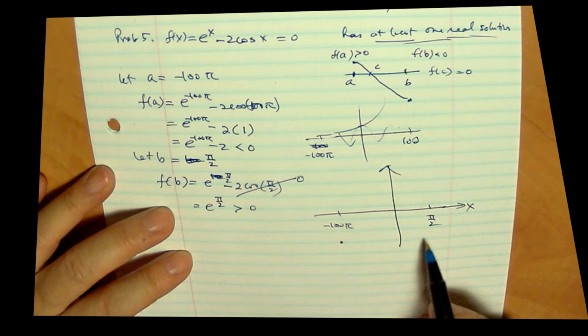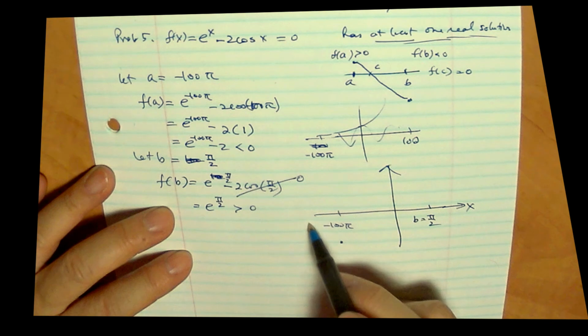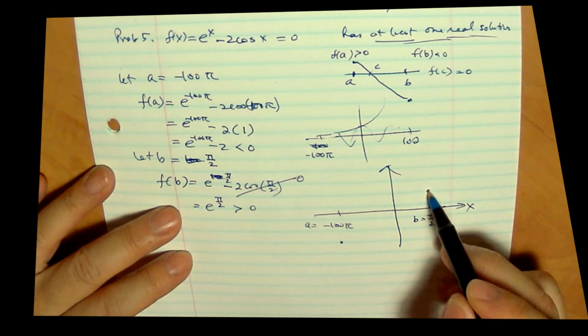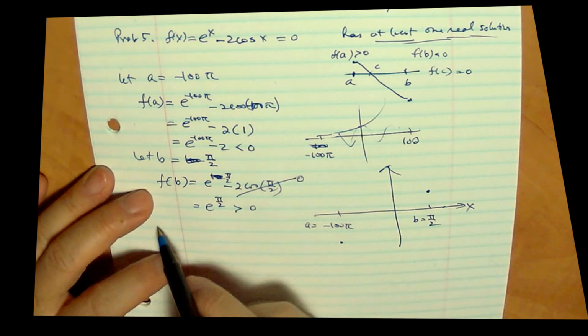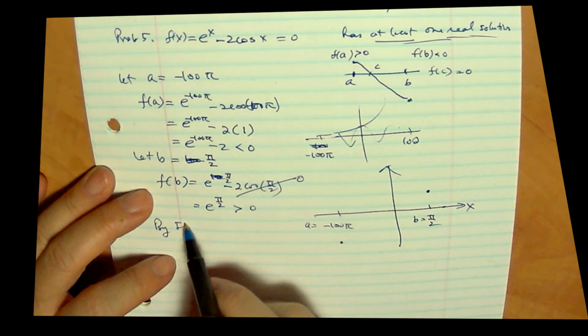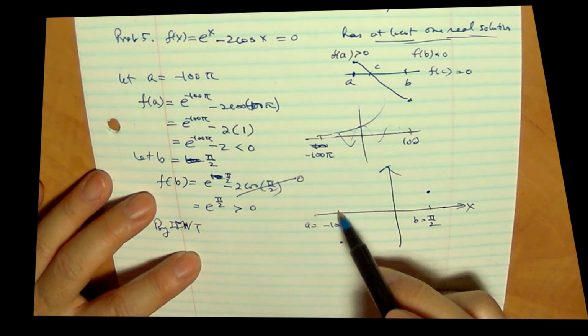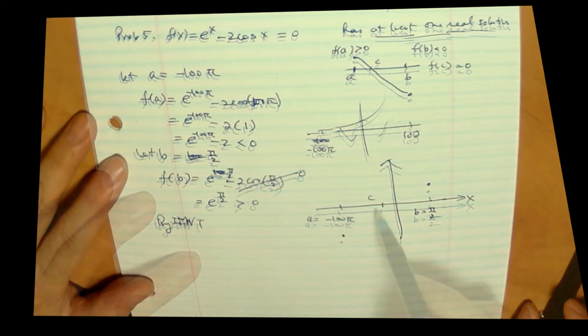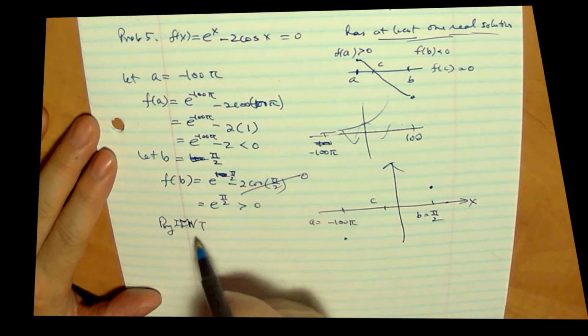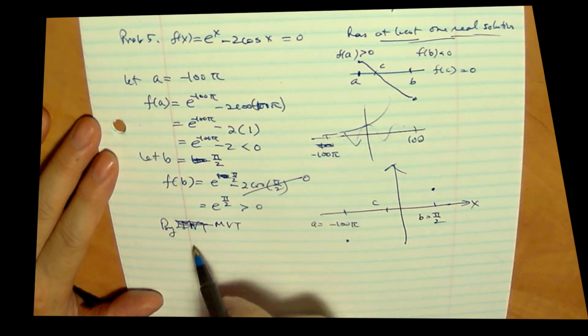And at b, f of b is positive, somewhere up here. Therefore, by the intermediate value theorem, there must exist a number, so therefore, by the intermediate value theorem, there exists